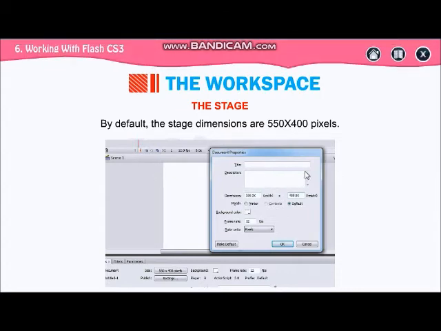Means like this, 550 pixels are there, like this 400 pixels. This is the default size of a stage. You have to remember the size of the stage, 550 by 400 पिक्सल्स. ये ऑब्जेक्टिव टाइप क्वेश्चंस में आता है. यहाँ आप देखेंगे, ये देखो डायमेंशन 550 पिक्सल्स बाय 400 पिक्सल्स. यू कैन चेंज इट.